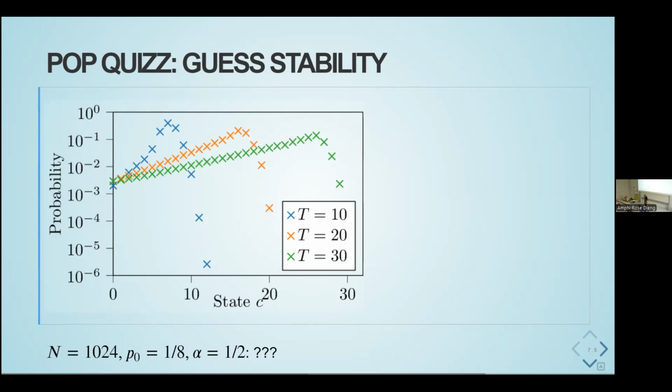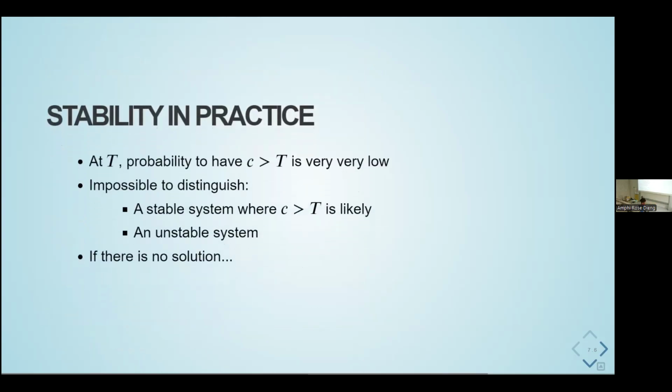Something that was maybe forgotten in terms of theory: each time you want to increment C by 1, you need to wait twice the time of the step before. So having C equal 20, for instance, means to wait a quarter of an hour. Having C equals 30 means to wait, I don't know, 10 days. I don't remember the values, but you see the thing. It takes very, very, very long.